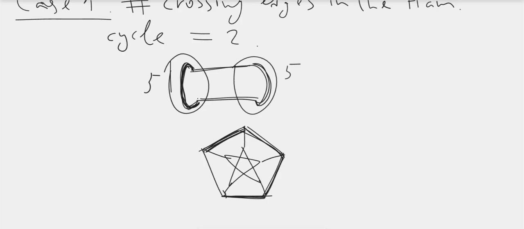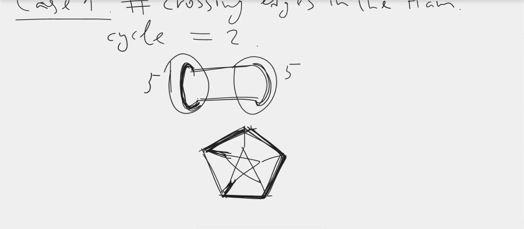Without loss of generality, we can say that this is the path of length 4 here. This path is here on the external side. This is the edge that is not visited. So then the 2 crossing edges are this one, and then we simply see that the internal one doesn't have a path